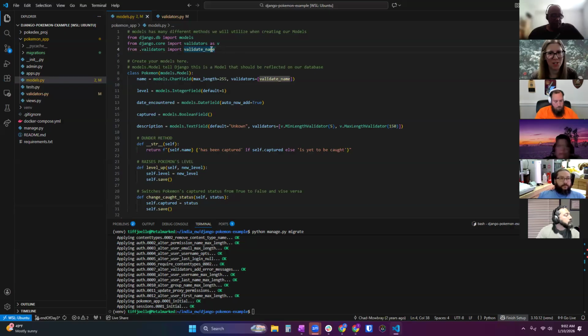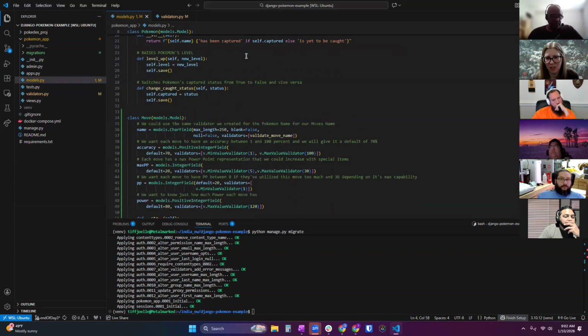But yes, we need to make sure it is imported, because these are importing by function calls or function names. So we can just throw that in up here, just comma, and add another thing we are importing in, right? Just like every other Python file we've touched and learned. Okay, so now that we've brought that in, it should now be good to go. Yes, it recognizes that. Okay, cool.